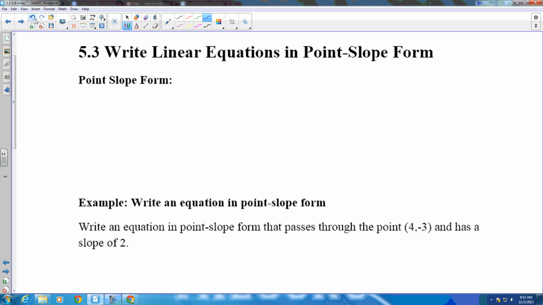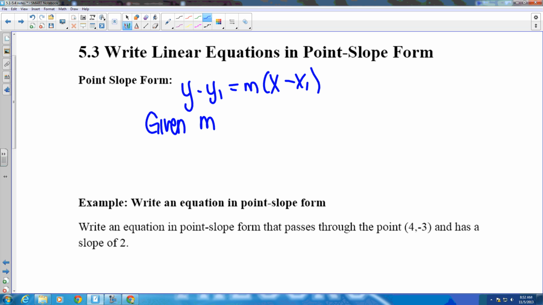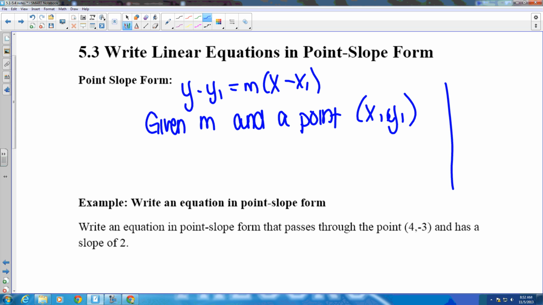We are doing section 5.3, writing linear equations in point-slope form. Now the point-slope form of a line is y minus y1 equals m times x minus x1, where you are given slope m and 1 point, x1, y1. So on a graph,